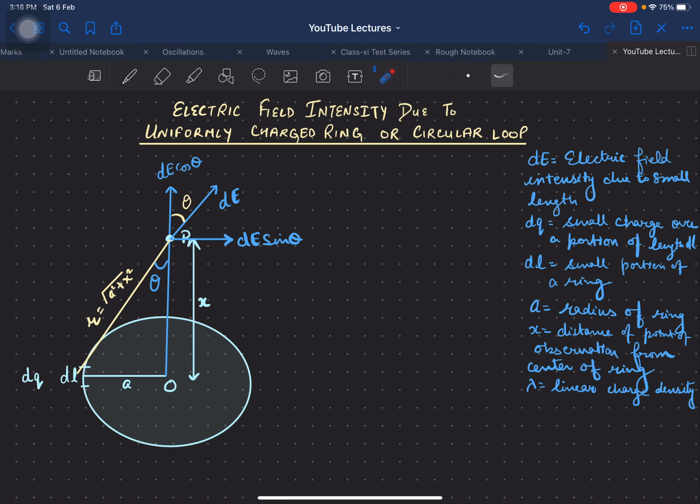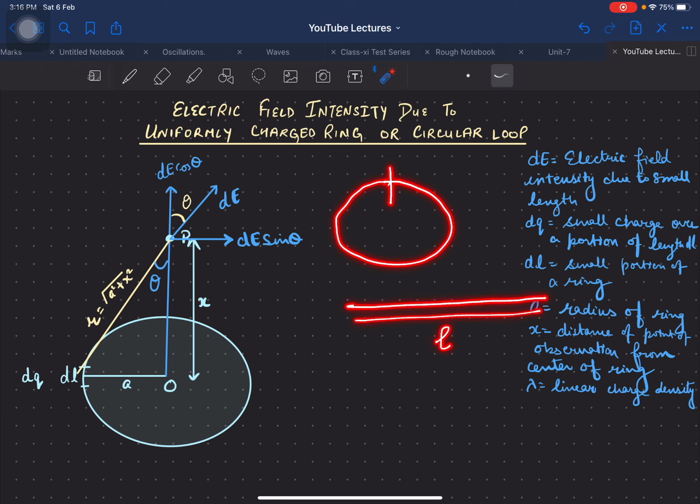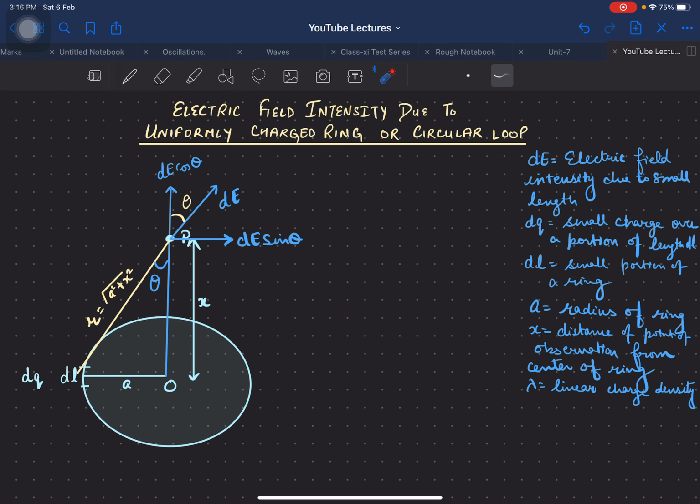Now the charge is distributed uniformly all around the ring, and here the length of the ring is 2 pi a. The circumference of the ring will give us the length of the ring. How is it going to give us the length of the ring? Let us say we have this ring. If we cut out this small portion and open it up, we will get a length. So this will be the length, and when it is turned into a circle of radius a, its length will be equal to 2 pi a. So the circumference of the ring always gives us the length of the ring.